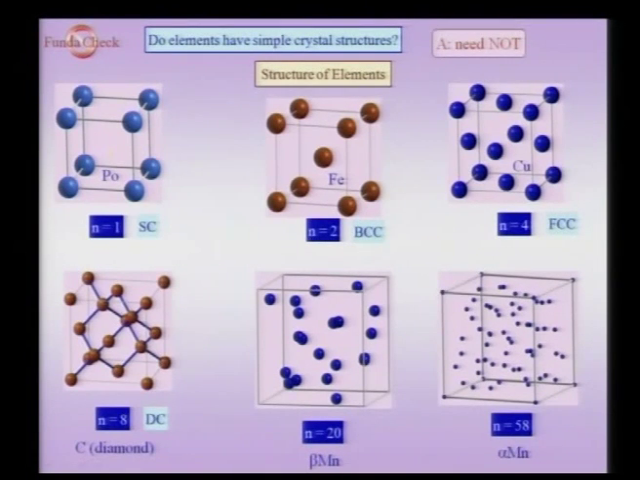In the conventional representation, polonium for instance is the only element which crystallizes in the simple cubic structure, and you can see that there is just one atom in the unit cell. You could have a BCC, for instance iron, which has 2 atoms in the unit cell. You could have an example of copper, FCC, which has 4 atoms in the unit cell. You could have diamond cubic, which has 8 atoms in the unit cell, or you could have elements like beta manganese, where there are 20 atoms in the unit cell, or you